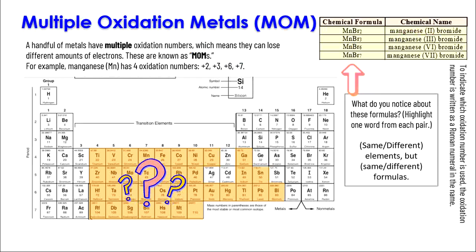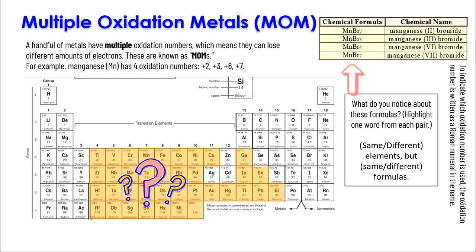Now let's talk about the metals where we did not assign oxidation numbers. These metals were not assigned an oxidation number because these metals have multiple oxidation numbers. They can lose different amounts of electrons depending on what it is bonding with. Now these metals are known as MOMs, to help you remember. Multiple oxidation metal, MOM. So for example, manganese, which is atomic number 25, actually has 4 oxidation numbers, +2, +3,